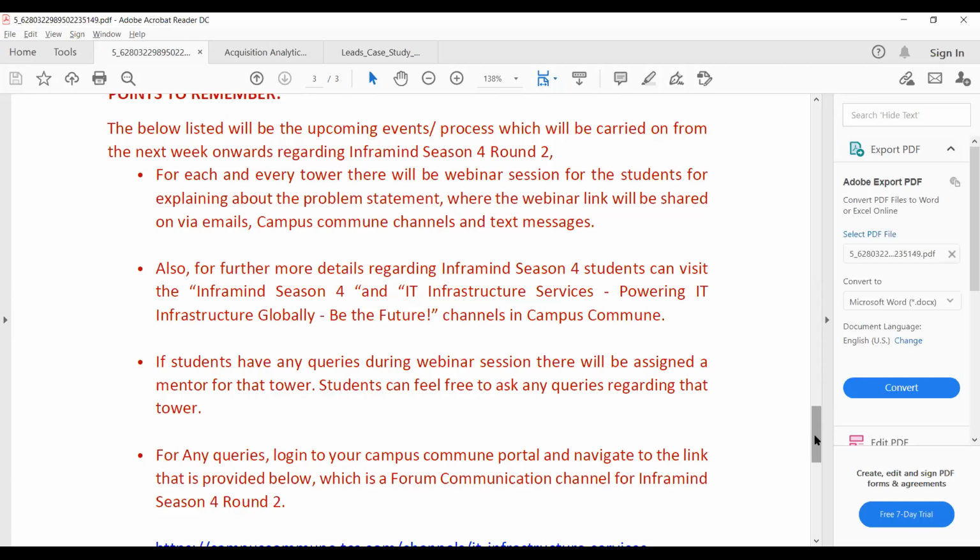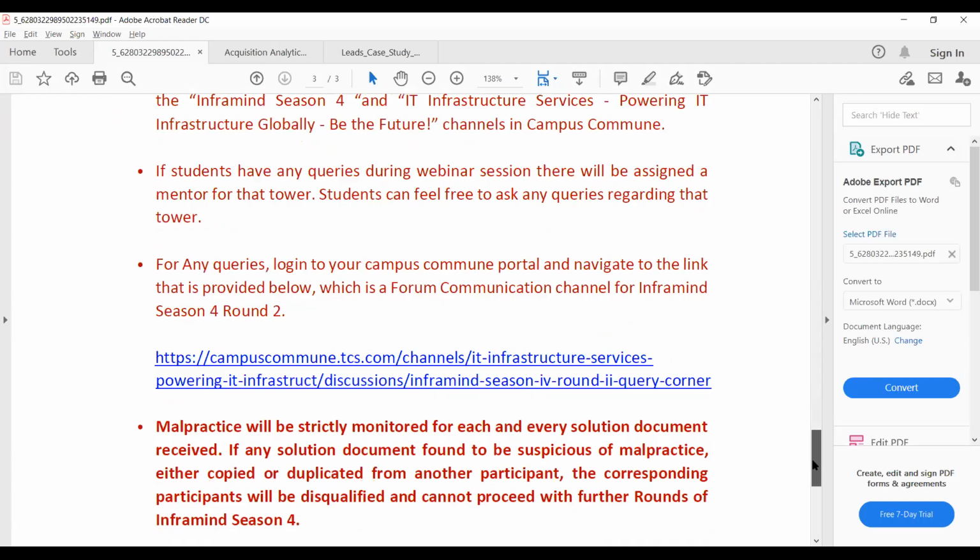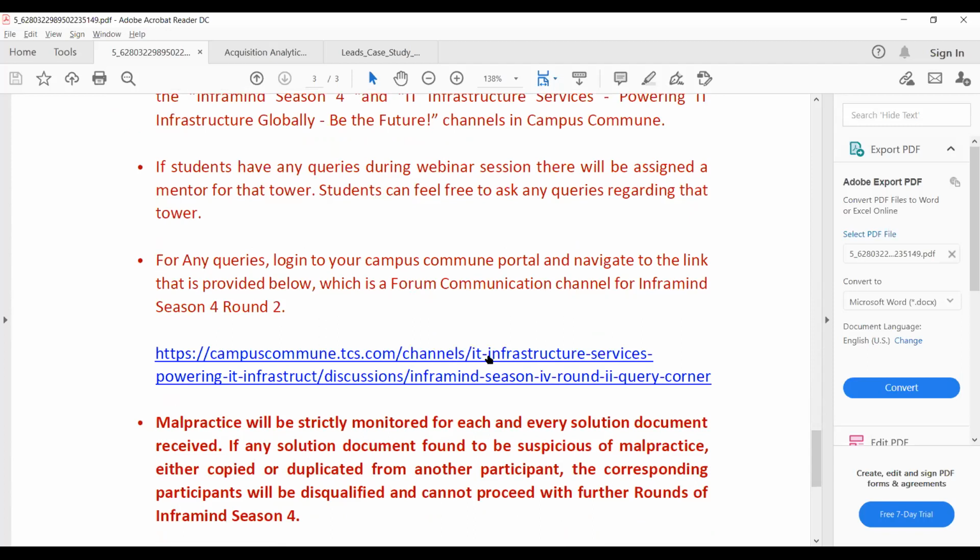If students have any queries during the webinar session, a mentor will be assigned for that tower. You have to submit everything, or maybe ask questions in this forum.